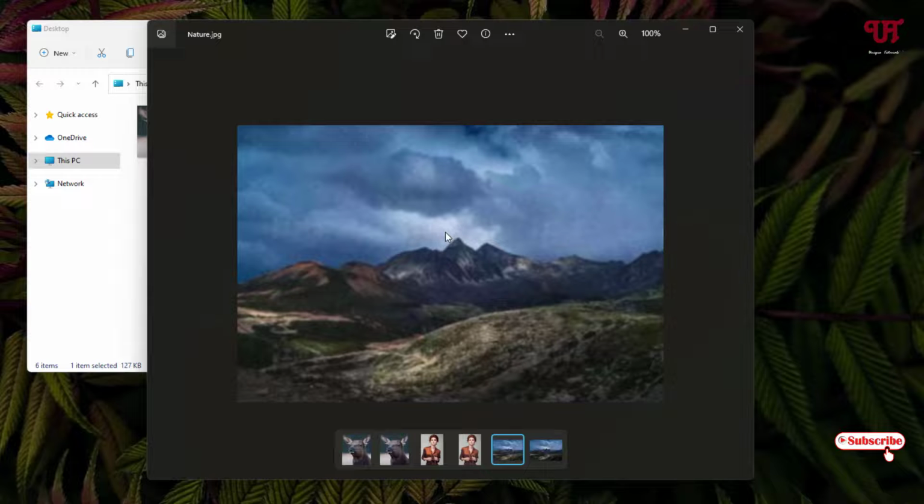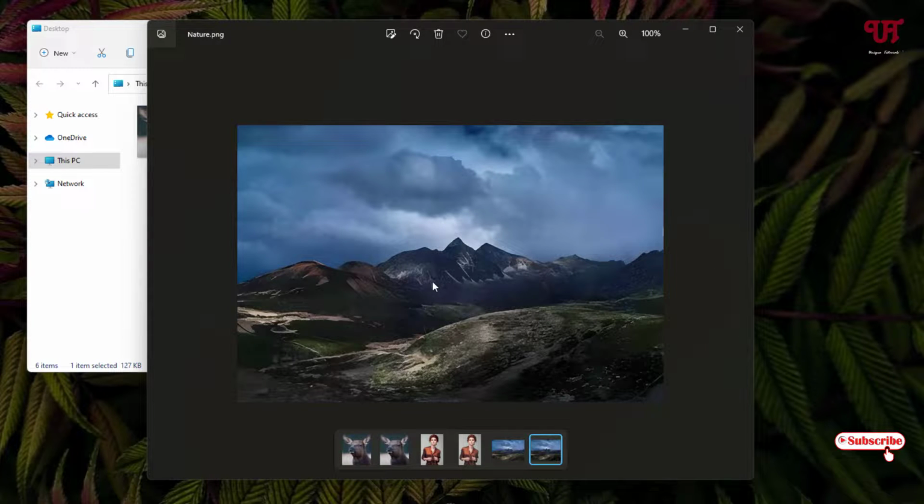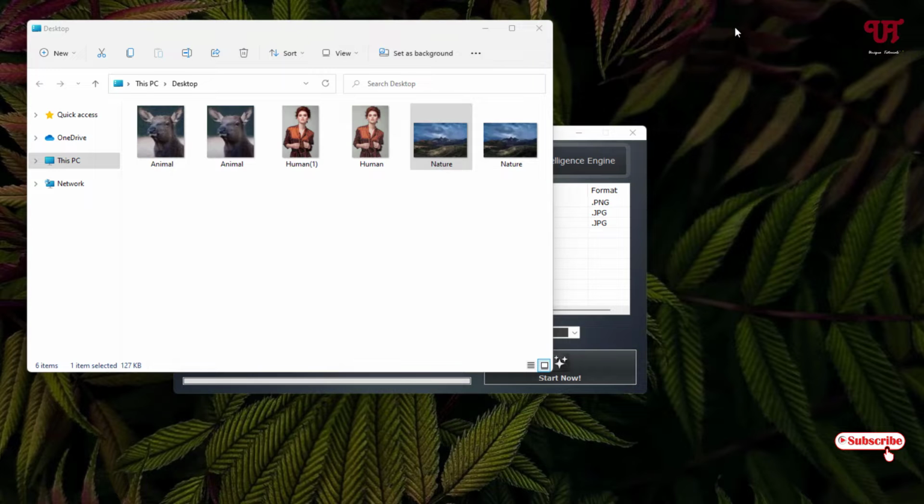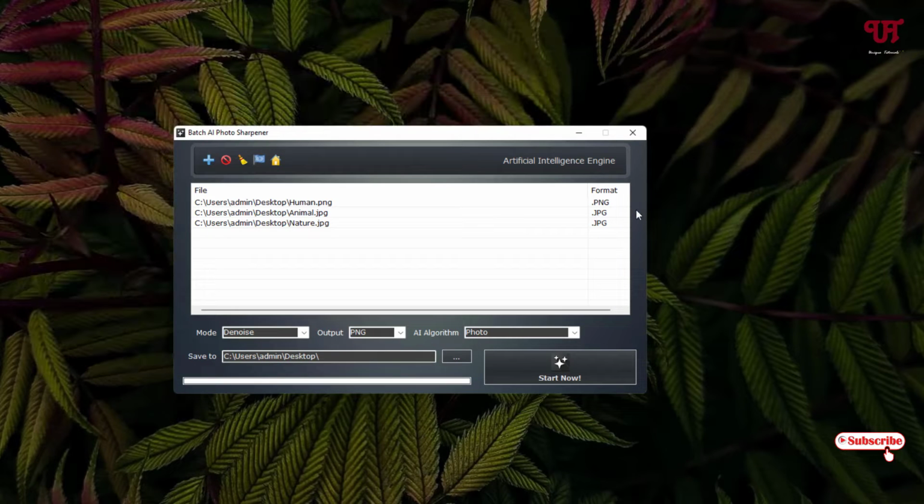This is the original nature picture, and after conversion you can see it becomes much clearer compared to the original. So using this software named Batch iPhoto Sharpener, you can make multiple unclear pictures into clear pictures